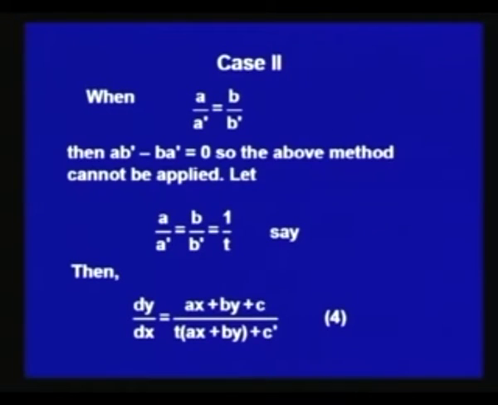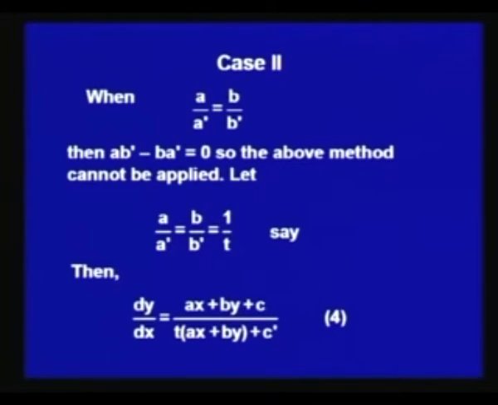Now, let us consider the case of those differential equations where a over a dash becomes equal to b over b dash. Now, in this case, you can see that a b dash minus b a dash is equal to 0. So, the previous case cannot be applied. Let us take a over a dash equal to b over b dash equal to 1 by t. Then